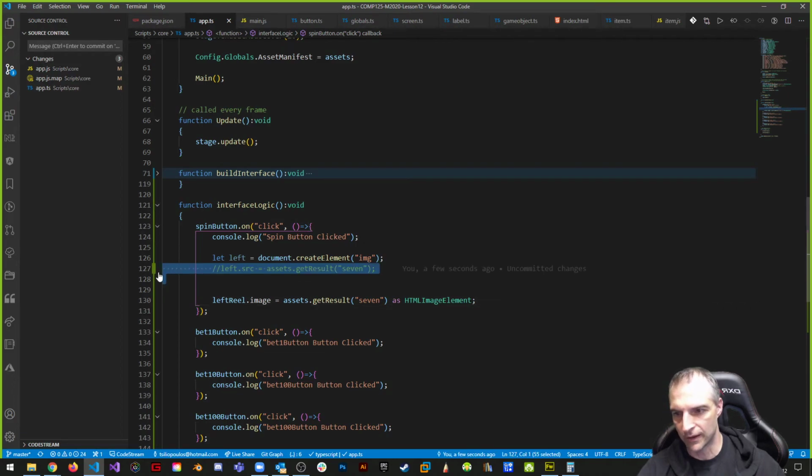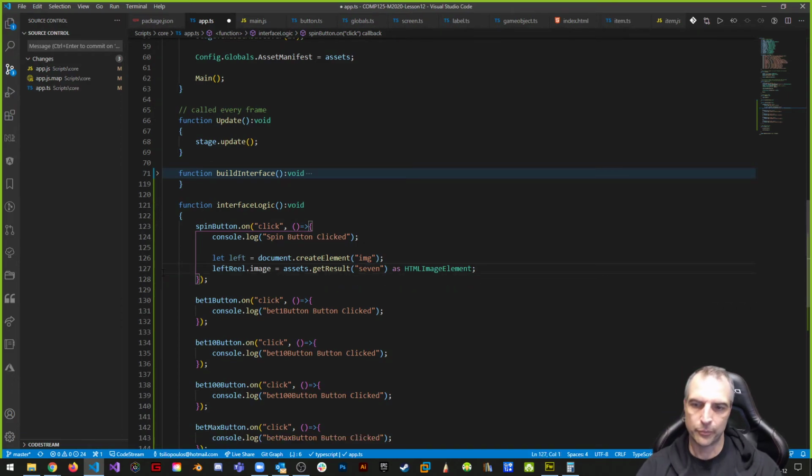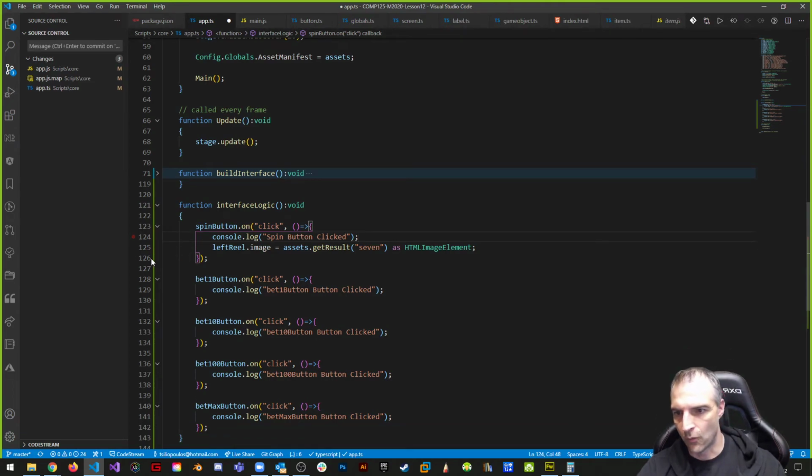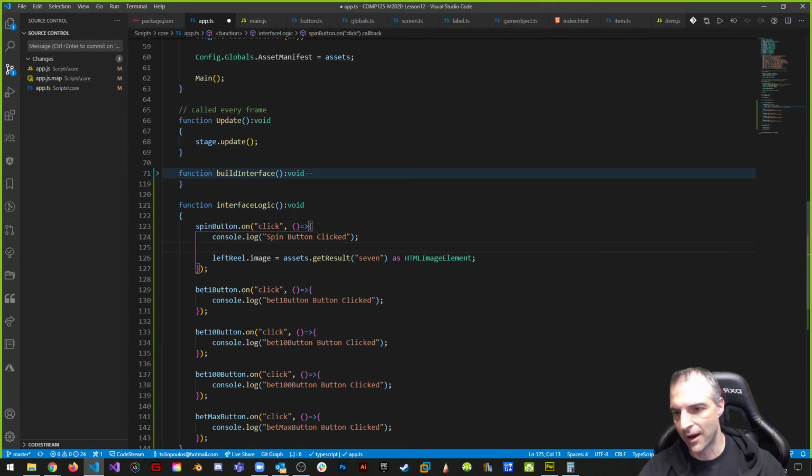I'm just pointing this out because I'm showing you how to replace images. You need to know how to replace images because that's what you're going to do, guys. You're going to replace images as an example whenever I click stuff. So what I want is when you click the spin button, somehow to get the right thing in here, the get result, so that I can